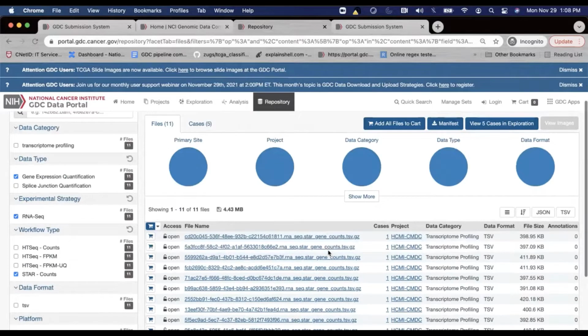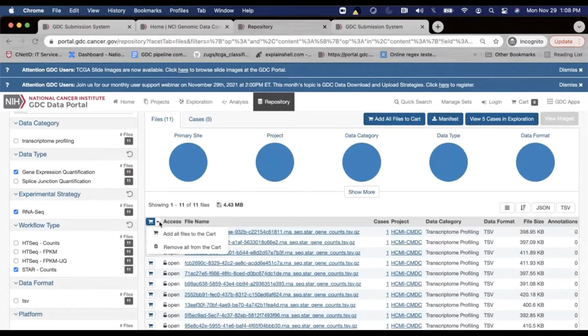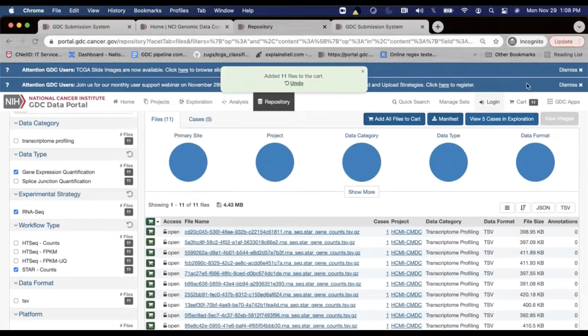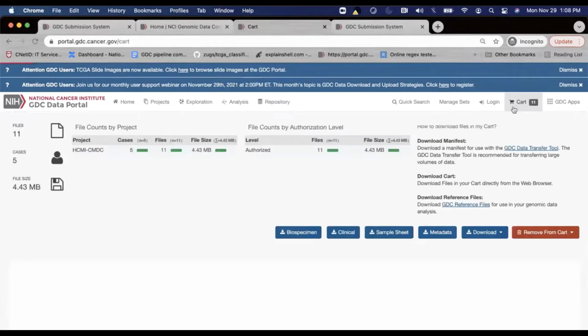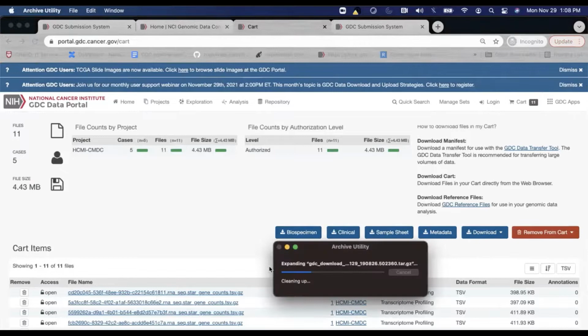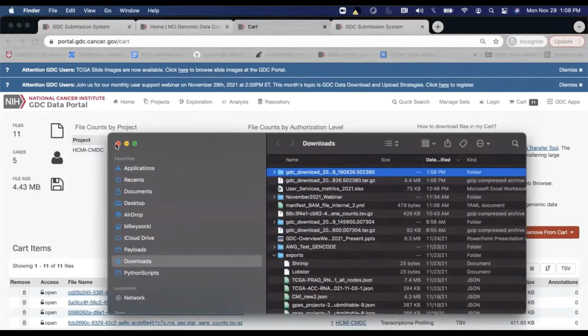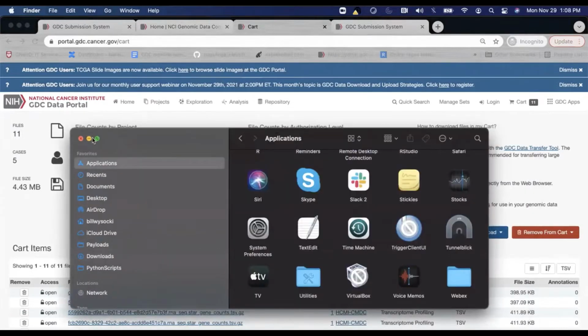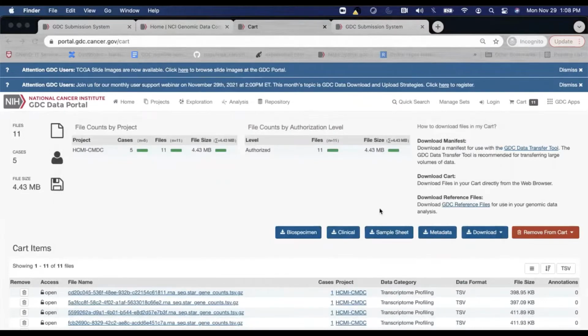So I can take these and add them to my cart. And to get to the cart, you could go up to the top right and click on the cart icon. And here you can download the actual files. You would click on cart, and this would download the files directly. They're gzips, so they're going to open automatically in my browser, but here they are. So anyways,